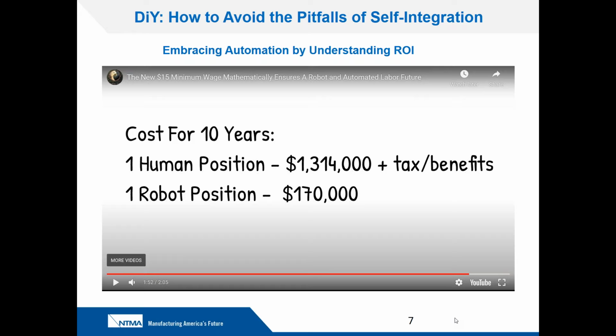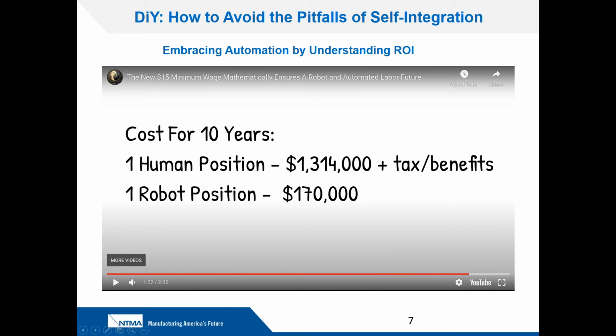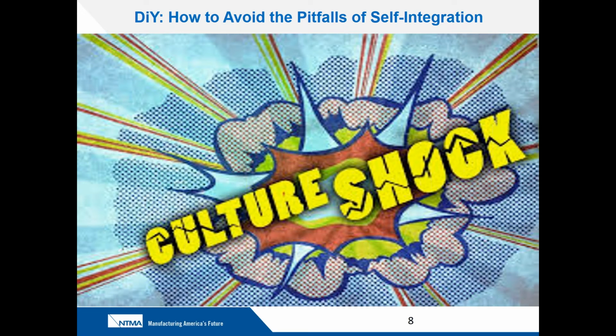But as you've gone down this road and you've talked about ROI and discussed it with your accountant, your business partner, or maybe your wife or your kids, and you've decided that you're going to put automation in your shop of 50 people, well, the first thing you might say is, whoopsie. The first thing you're going to probably experience will be a little bit of culture shock